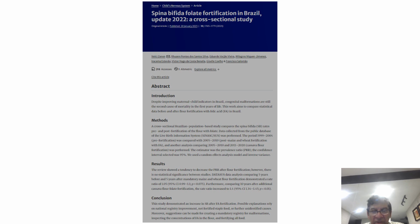That was pre-fortification. In comparison to 2005 and 2010, the post-maize and wheat fortification, they fortified only two sections of the food, that is the maize and the wheat, which are the main staple foods of Brazil, plus cassava flour. And the results showed that after 5 years of studies, comparing the before years and the after 5 years, the ratio of rate was